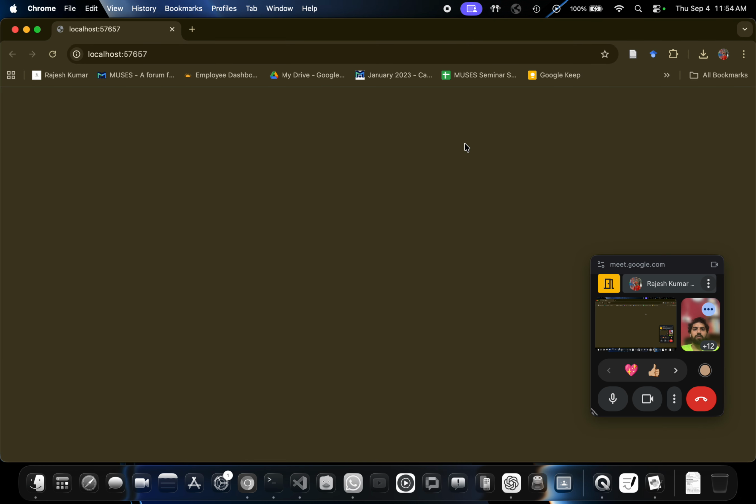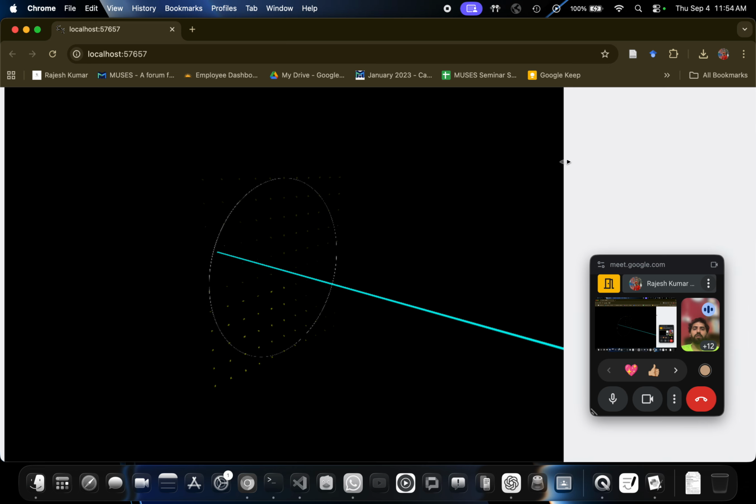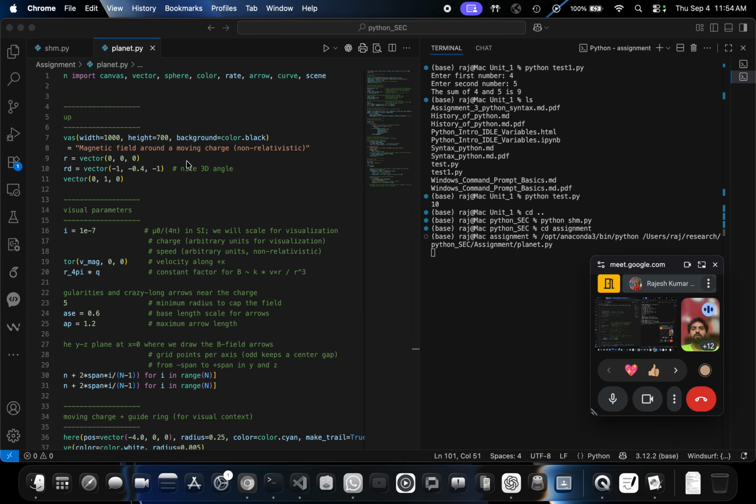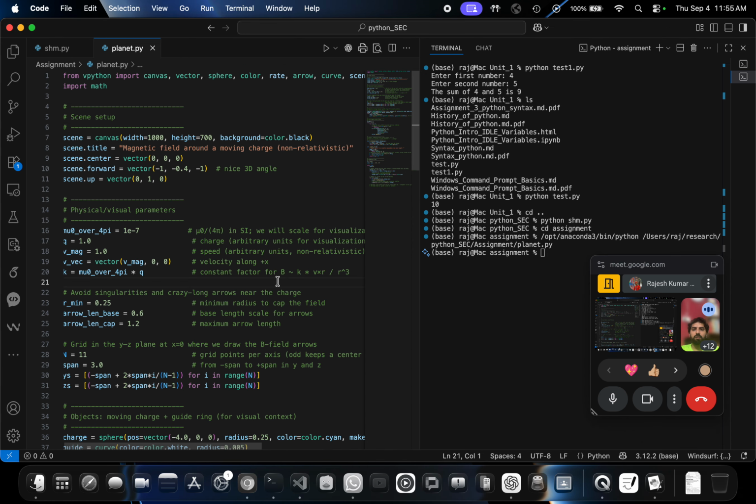I just run it. So this is not a planet. This is an electromagnetic photon going out of the charged plane. So you can also create some animations, not exactly animation, but some rough simulation using Python. So this is the code for that. We will eventually learn it if someone is interested.